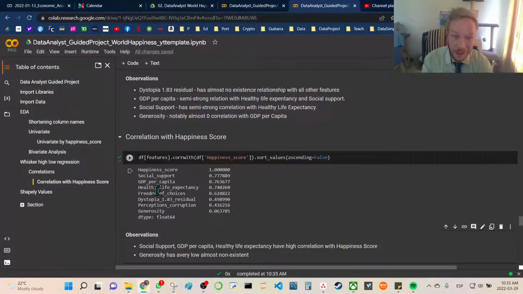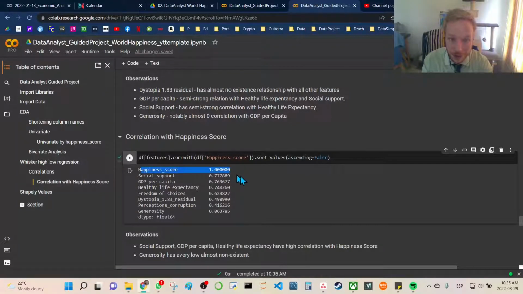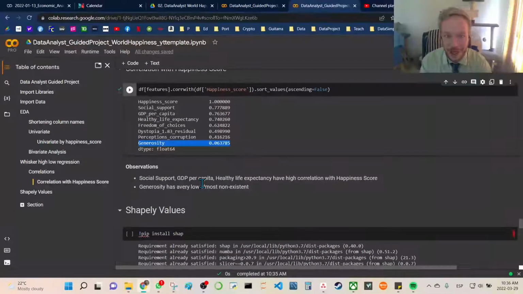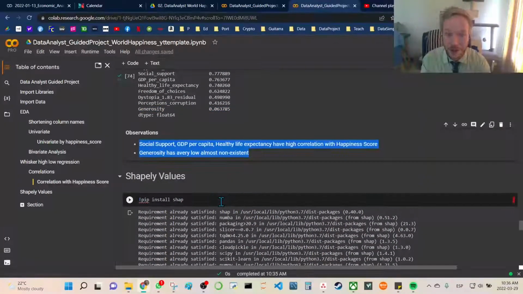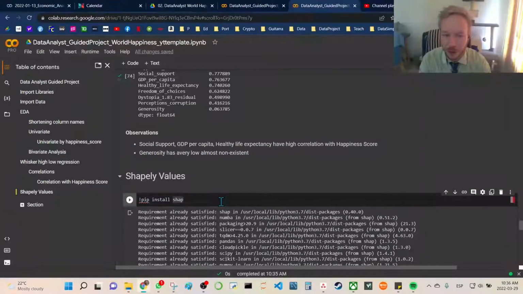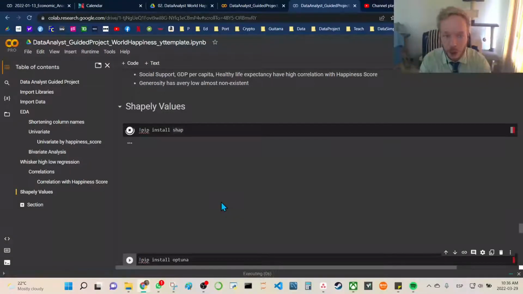So we see that we have a perfect correlation with the happiness score, which is exactly what we'd expect. But we see social support, GDP per capita, and life expectancy have a very high correlation, whereas generosity has a very low correlation to how happy you are. So generosity really seems like it has not too much to do with how happy people are, which surprises me. And I have some more observations here for students, so please make sure you review those. We're going to quickly look at Shapley values. Now this is quite advanced,